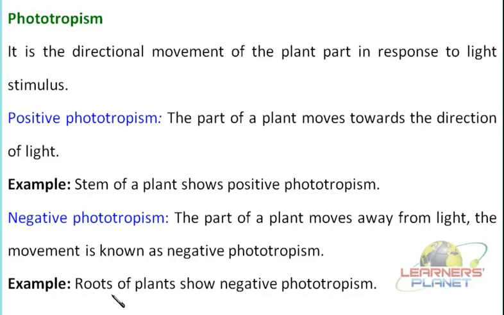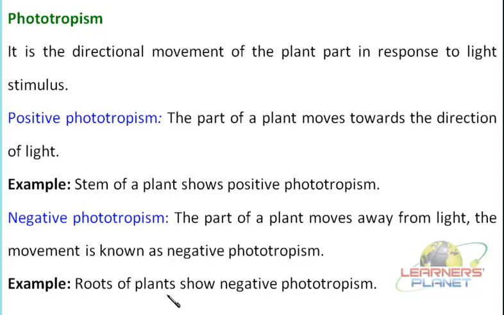Oppositely, we can observe that the roots of the plants generally show negative phototropism. We can clearly understand this. Shoots always tend to grow upright above the soil, right? And the roots tend to grow in the downward direction in the soil. Why is it that roots do not grow in the upward direction also? What is the reason behind this? One of the factors behind this is this type of stimulus. The root cells are more sensitive towards light, and thus they tend to grow in the direction opposite to the direction from where the light is coming.